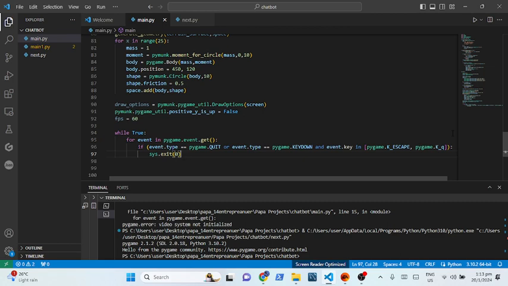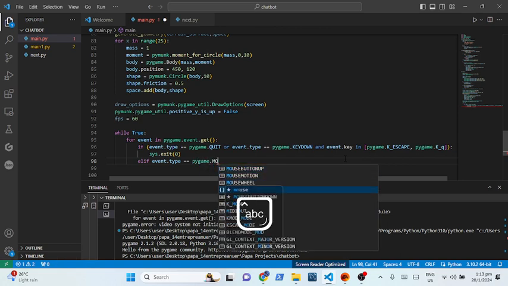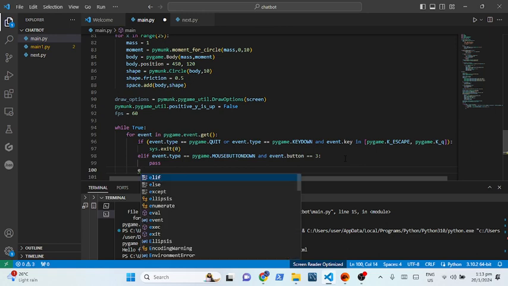Okay. So now this will be a little bit long, but not that hard. So just bear with me, okay? Elif event.type is equal to pygame.MOUSEBUTTONDOWN, and event.button is equal to 3, then pass, and then another elif